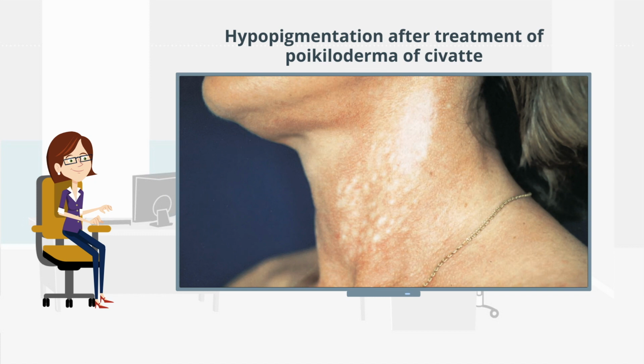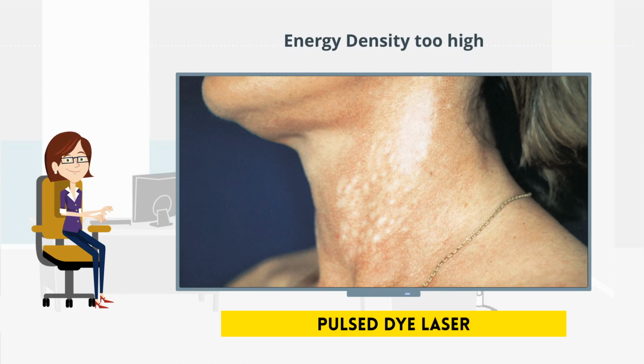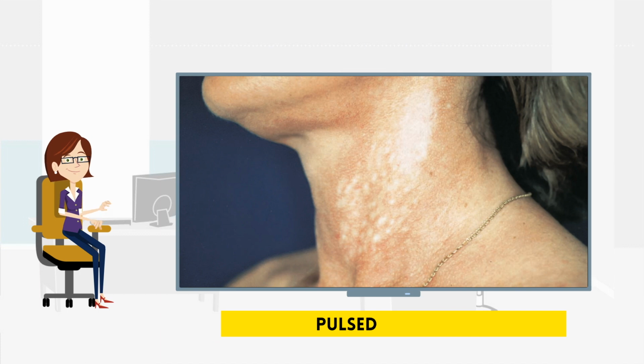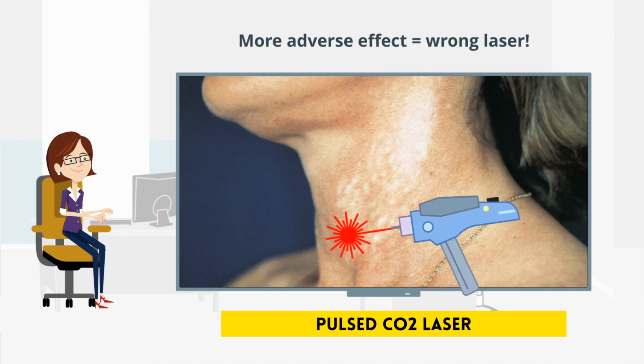The client in this case presents persistent hypopigmentation 3 years after treatment of poikiloderma of Civatte with a pulsed dye laser. Probable sources of error could be that the energy density was too high or her Fitzpatrick skin type was simply not suitable for the treatment. Another attempt of treatment was made to correct the discoloration with a pulsed CO2 laser, which unfortunately caused even more